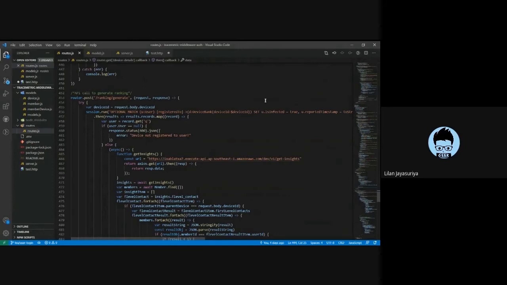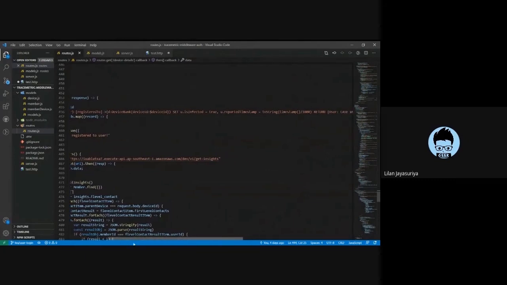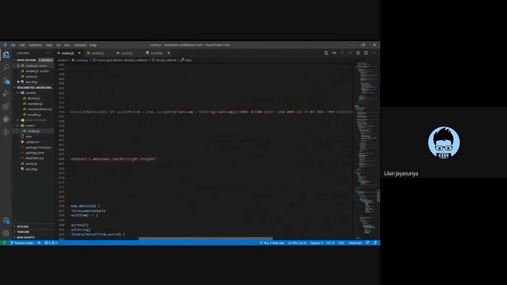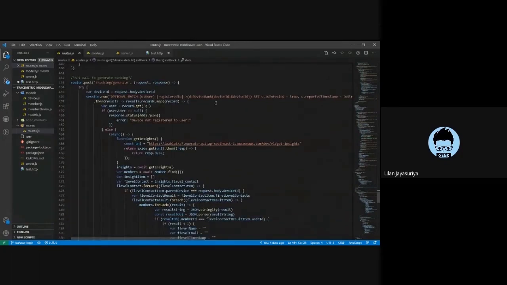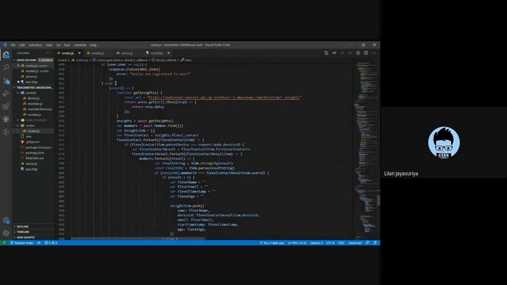So if a user is registered to a certain device, the property is infected is set to true, and the reported timestamp is taken as an epoch, and the user is returned. If the relationship is null, the response is given as not registered user. And if there's a relationship between the user and the device, the else